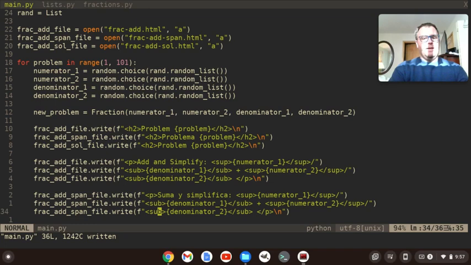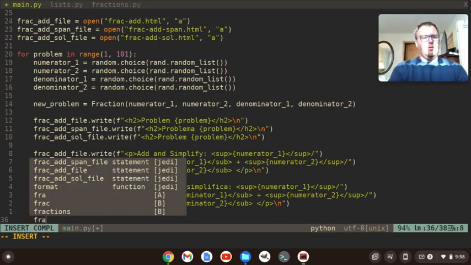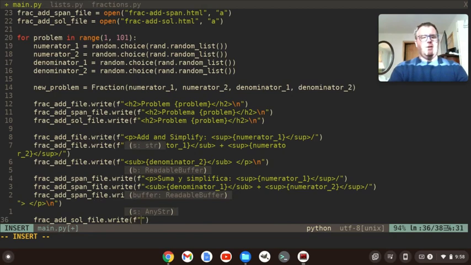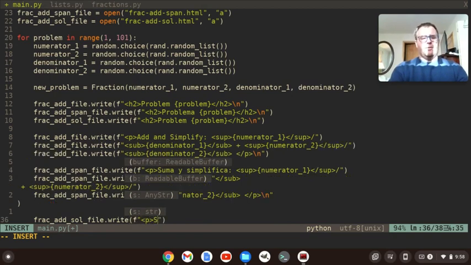Now what I want to do is basically create the solution, or write to the solution file, rather. So I'm going to pick my solution file. I'm going to write to it. I'm going to write an F string. I'm going to say, I want a paragraph to start, so I'm going to say solution. And we're going to have, that's an odd indent. I'm going to have a superscript, so I don't have to move that over. And then I'm going to pass in my new problem,